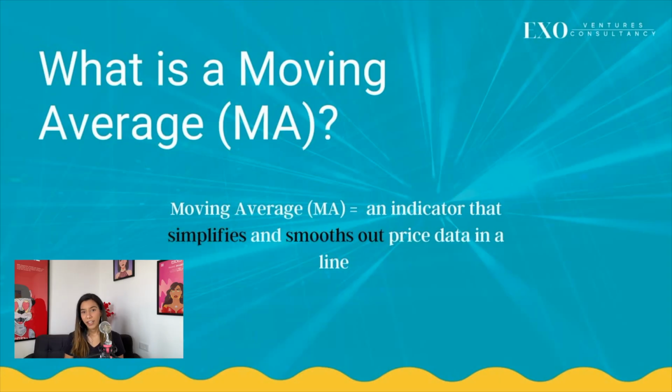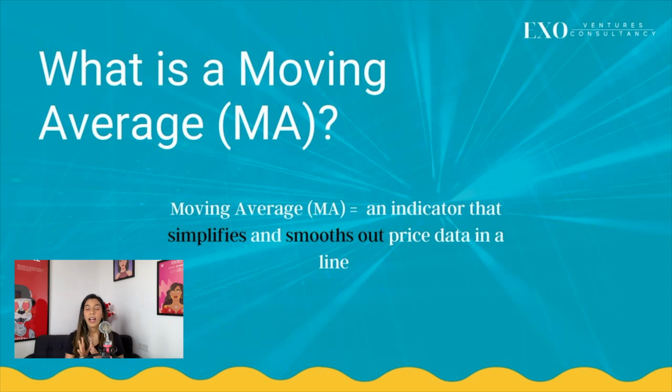Right, so let's get into the topic of today's video, which is moving averages. A moving average is also known as a moving mean or a rolling mean. Basically, a moving average is a technical indicator that smooths out and simplifies price data in a line. And if you remember in episode 1, we briefly discussed line charts, but moving averages aren't exactly the way line charts work. A moving average is a line that follows the price data and is constantly updated with the average price or the mean